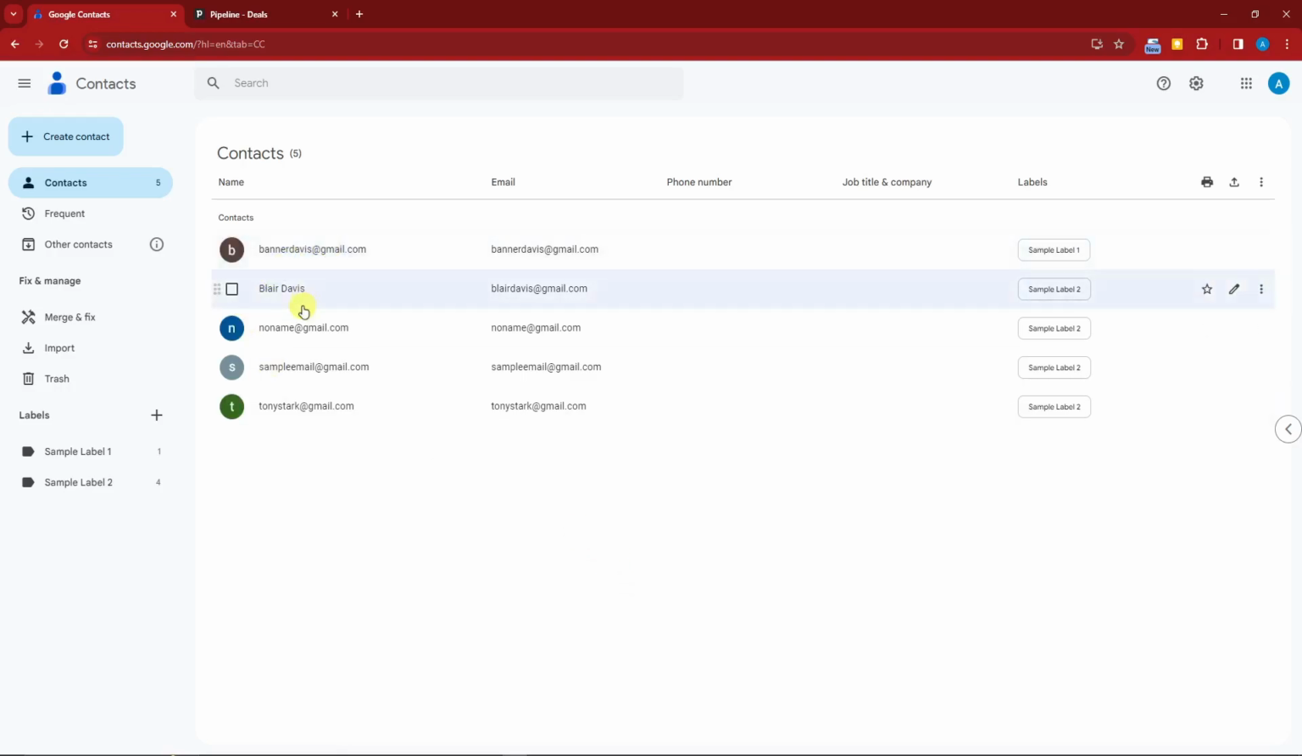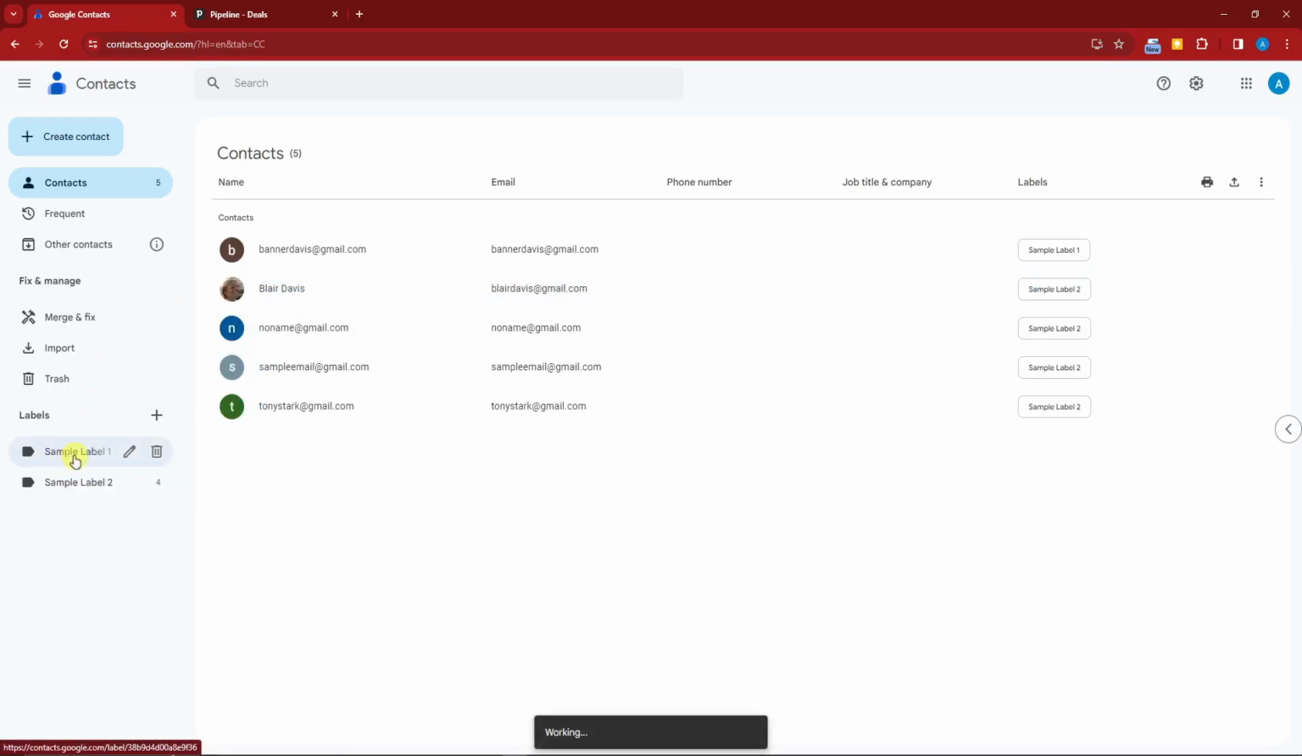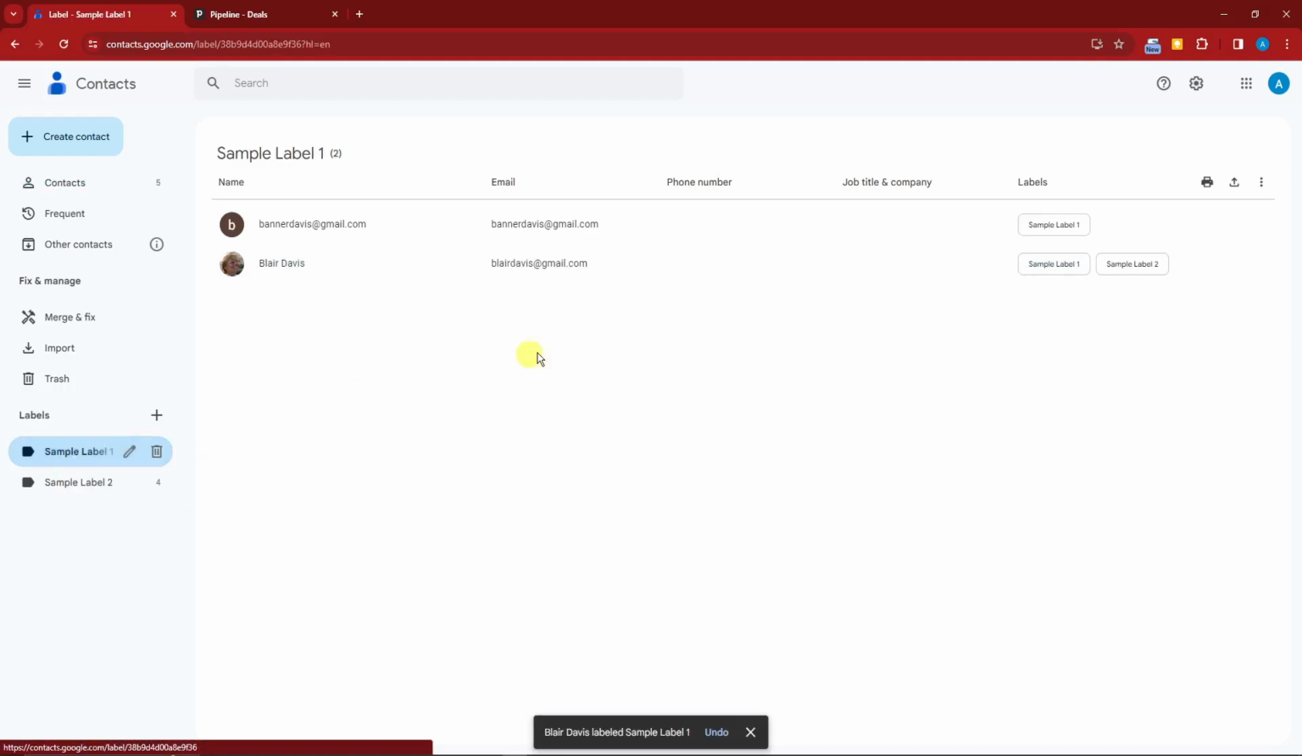one right here. Please pay attention to Blair Davis. You'll see on the labels I have her on sample label 2. Now for some reason I want to place her on sample label 1. I can just drag the name and place it on sample label 1. And if I open sample label 1, you'll see Blair Davis right there. The problem with that is I have two sample labels categorizing Blair Davis,